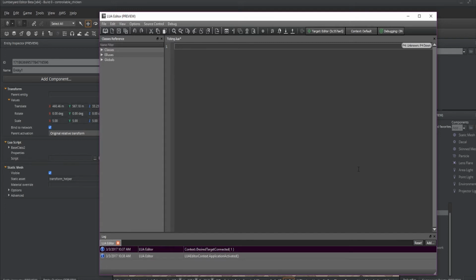Now we're calling it ticking because it's going to make use of the ebus for game ticking. So it's going to be counting every frame, also known as the tick bus. So first with Lua, we have to create a local table. So what we're going to do is call local, and then we're going to give it a name. It could be any name that you want, but for the purpose of this tutorial, we're going to just call it ticking. Now I'm going to get an equal sign,